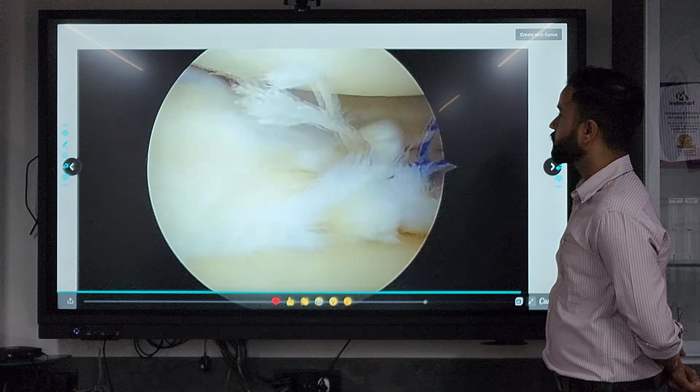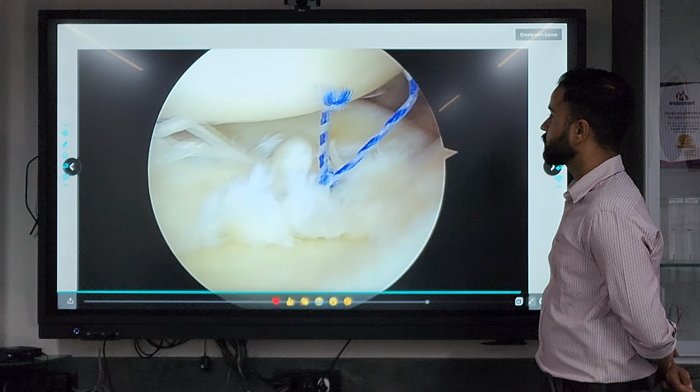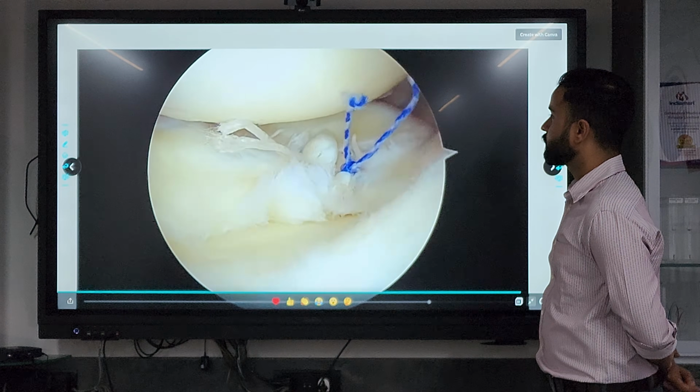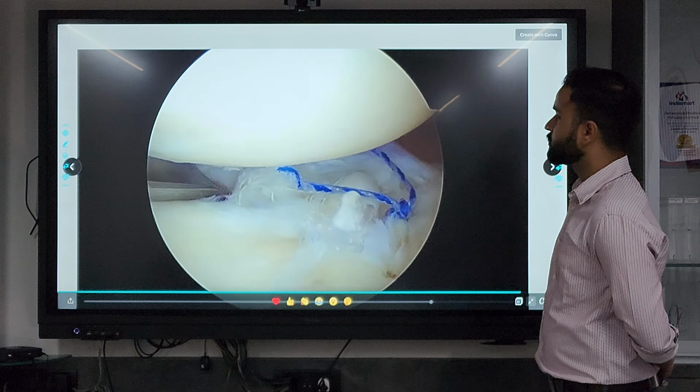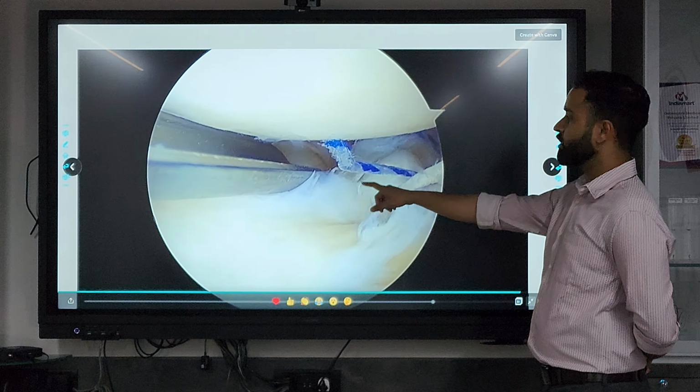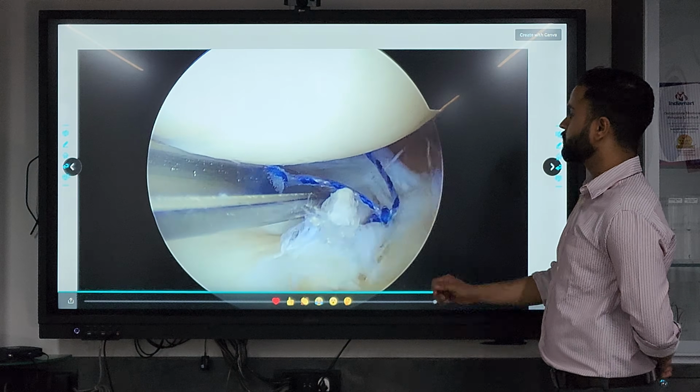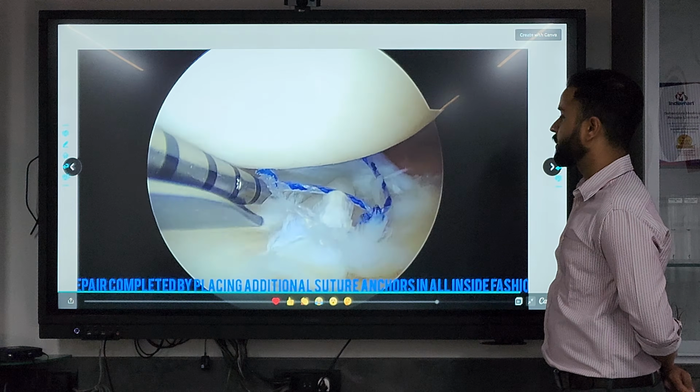The sutures. Finally, we are just going to place two more all inside suture anchors to complete the repair.